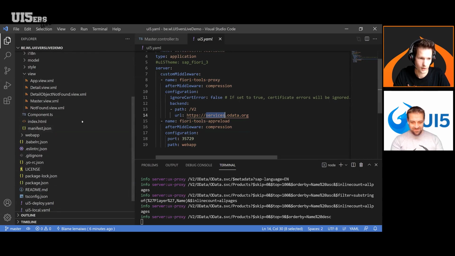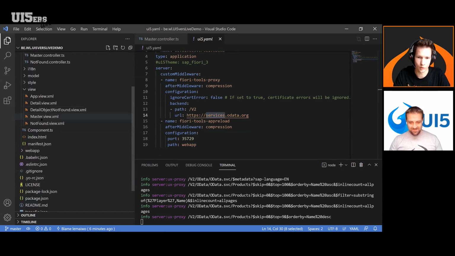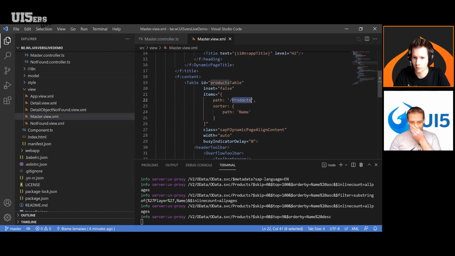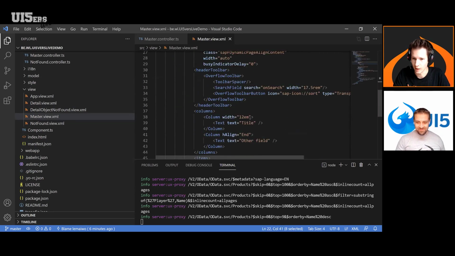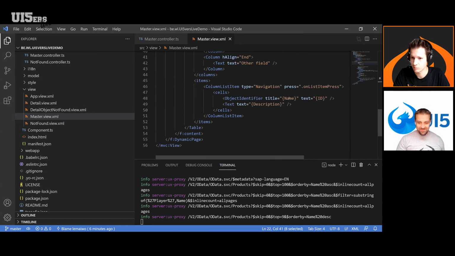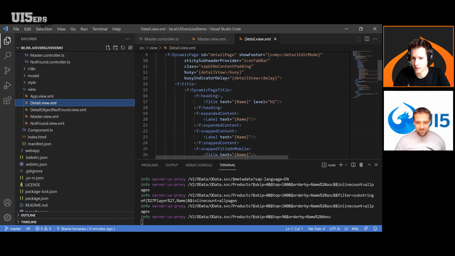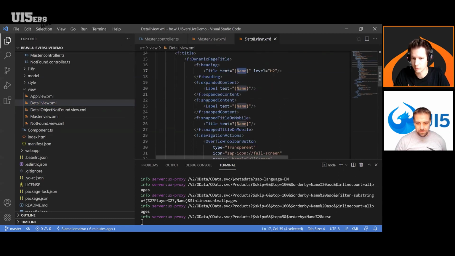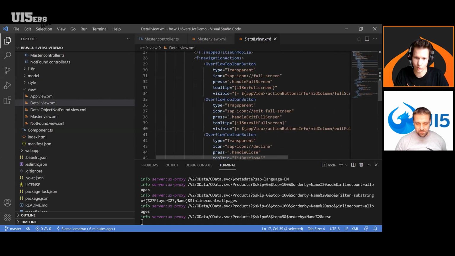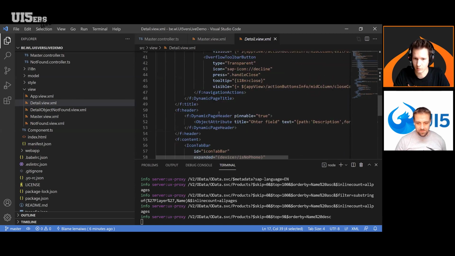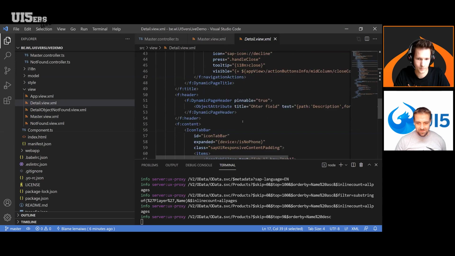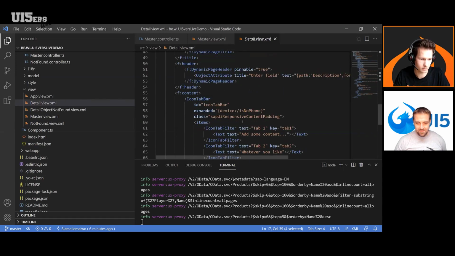What else do we have? In the view, we have bindings to the selected entity. You have a binding to the title, to the selected key, and to the description. Same in the detail page. Here, just as an example, the title always binds to the same field, but you can change it. And just to show you how this detail page can be used. And I think with that, I showed it.